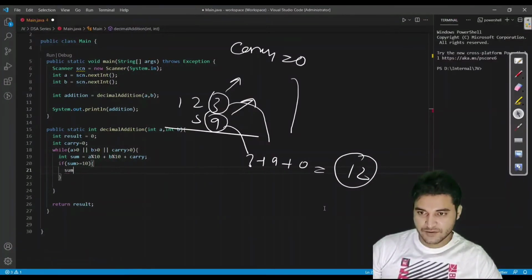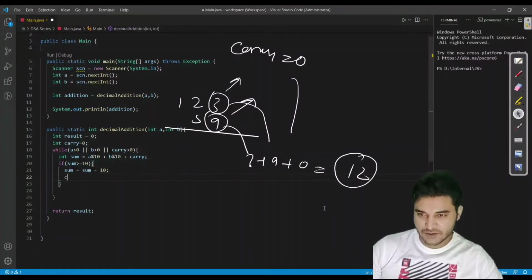Fine. So firstly we would write sum would be the last digit, which is sum minus base. Base is 10 here, so I would write 10 here. So sum is 12, 12 minus 10 is 2, so sum now will contain 2.